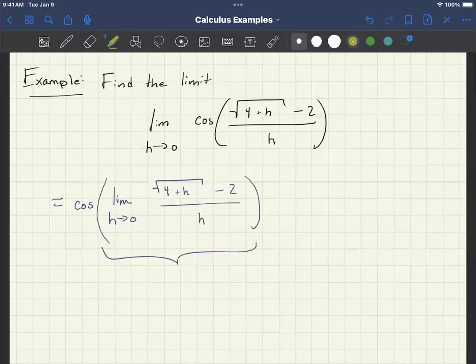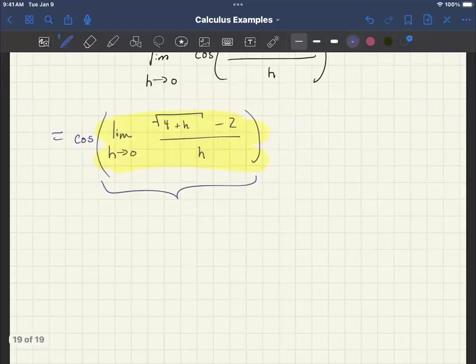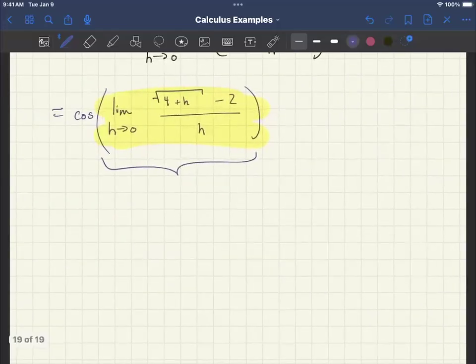and this is the part that's going to cause us so much trouble. So in fact, I'm going to highlight it because we're going to do something a little bit out of the ordinary here in order to solve this particular problem. Now, normally you'd look at that and you'd say, okay, well, I got to get rid of some h because right now we have some weird things going on. We got a 0 over 0 if we just plug in 0 for h going to 0 in there, and we got to work around that somehow. However, what we're going to do is we are going to use what we know in this case about